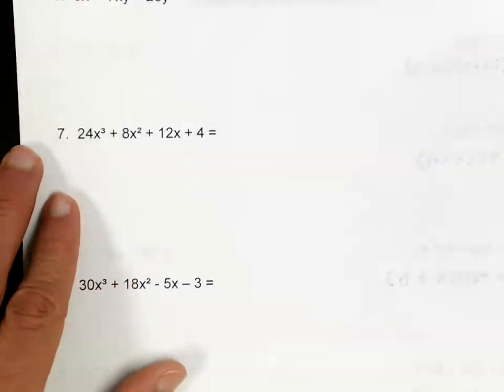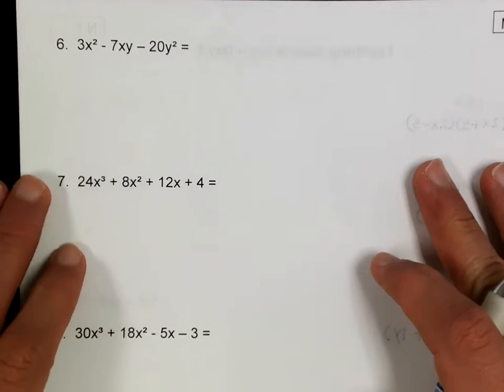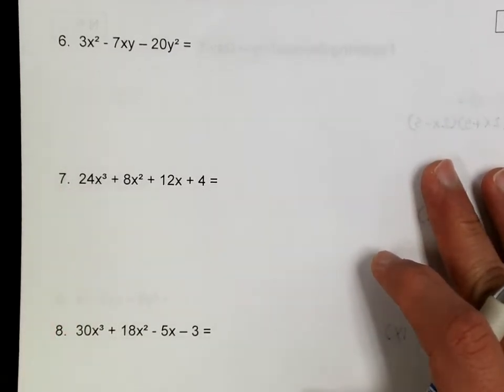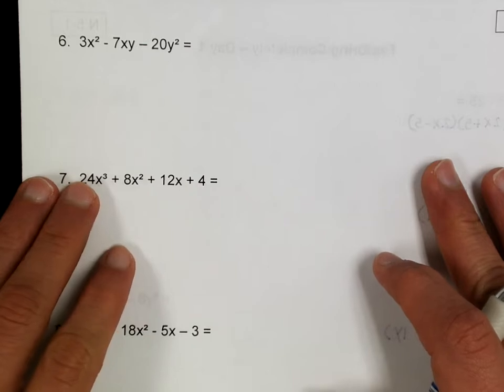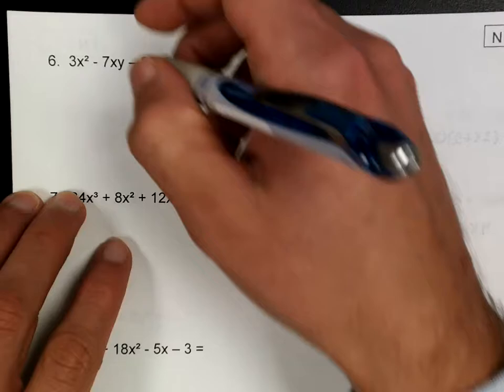If you have more trouble factoring, you need to come see us, because this factoring is going to get tougher as we go on. On number 6, we'll look for a common factor. There's not one. If there's not one, you can do two things. You can either do bottoms up,